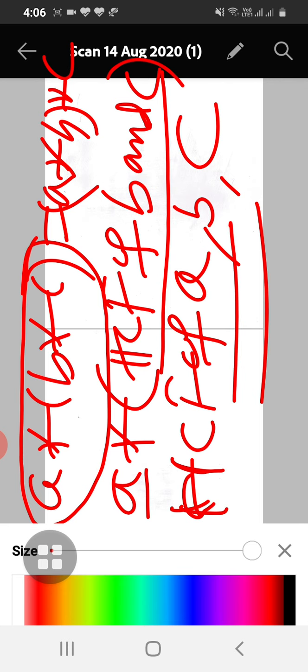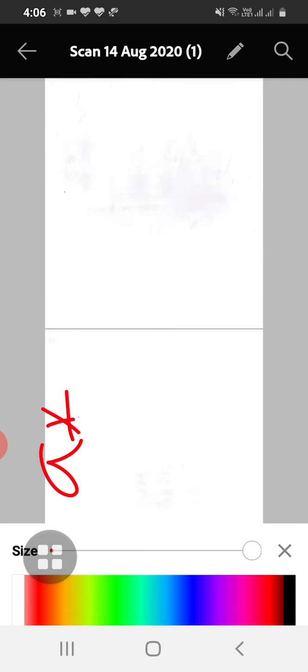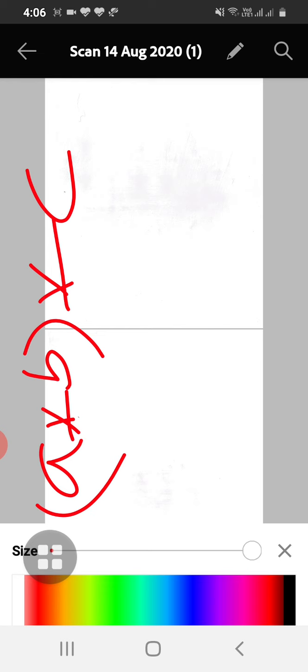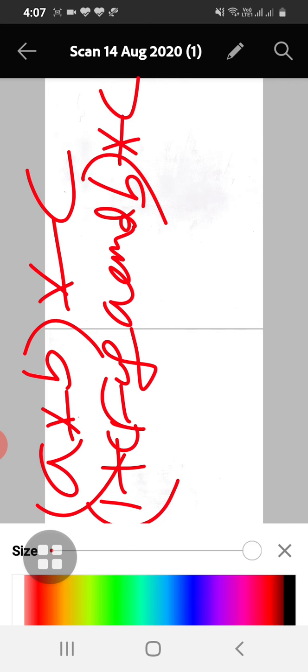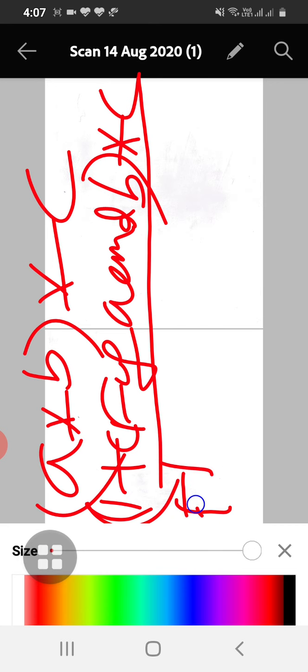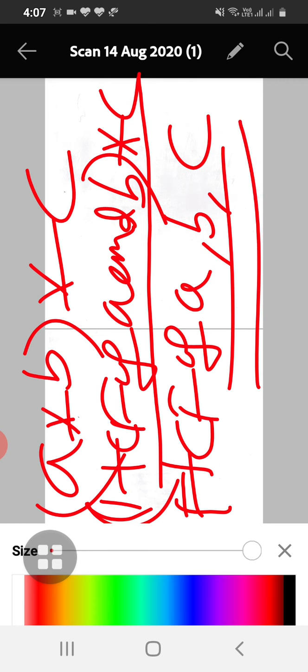Let us take up the other side. Consider A star B, then star C. A star B is HCF of A and B, and then star C means HCF of A, B and C. See here, on both sides I got HCF of A, B and C.